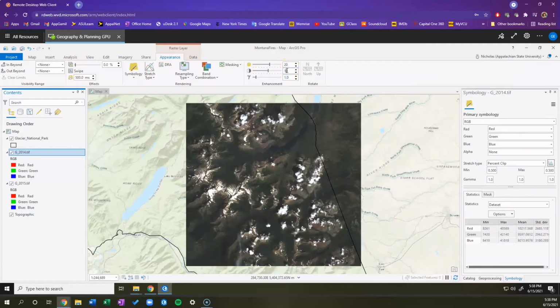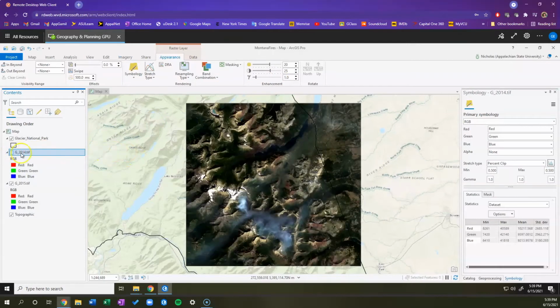And you'll notice it updates as soon as I go out of the number tab. So there's no place to save or anything like that. It'll just update in real time. And you want to make the contrast, which is right below the brightness, 25. And then our gamma is already at 1, so we'll leave it there. Once that's changed, you should notice a difference, and we actually want to uncheck this layer to make similar changes